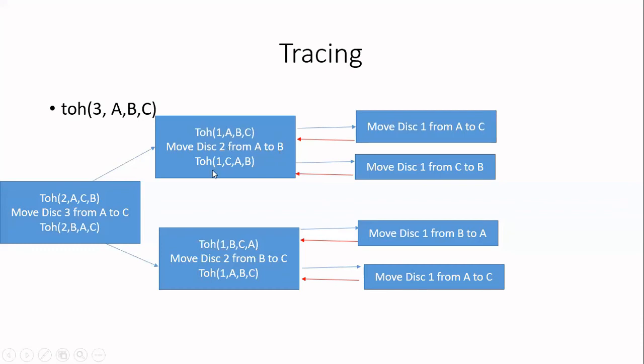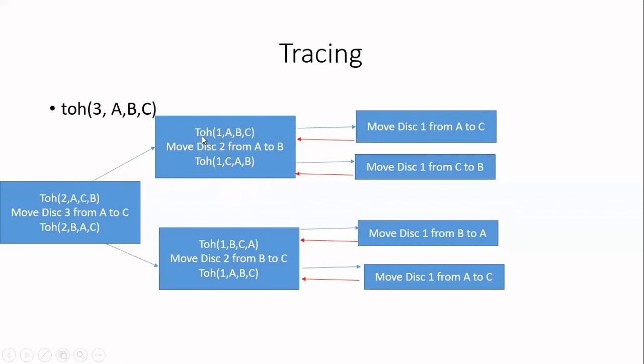Now, what is the third statement? Move the n minus 1 disks from auxiliary to the destination. So n is 2, n minus 1 is 1. So you are writing 1. From where to where are you going to move? From auxiliary to destination. So auxiliary here is C. Okay, write it as the source now. And the destination here is B. Write it as the destination. Whatever is pending, write it as the intermediate tower. Okay, now I have this function call. So this one call is now giving these 3 statements.